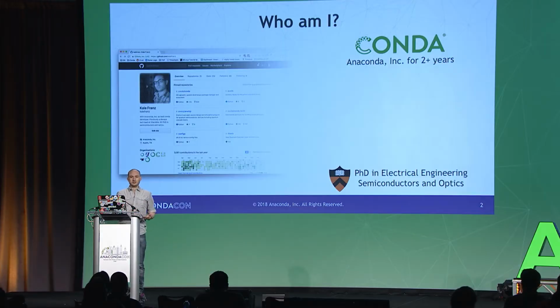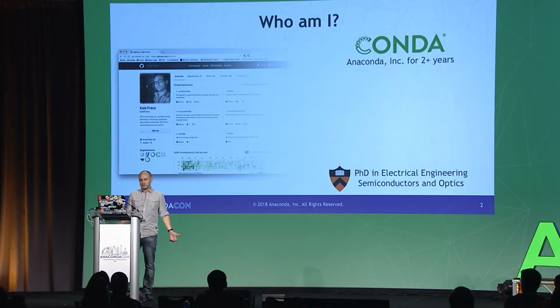Like the majority of people on the Anaconda Distribution team, we aren't software engineers or computer scientists by training anyway. We all come to this through the data science community. I have a PhD in electrical engineering and semiconductors and optics, and that's most of our migration path into this field.